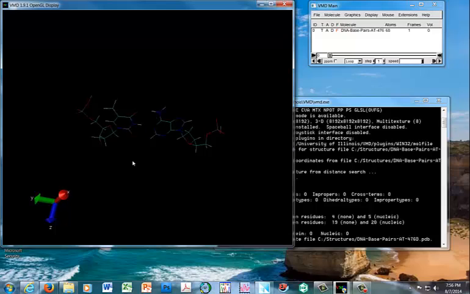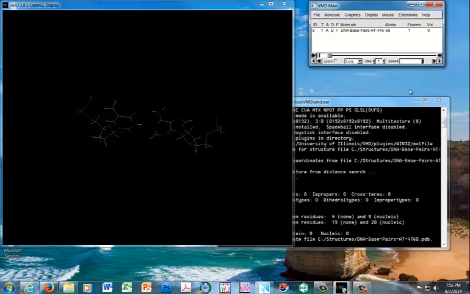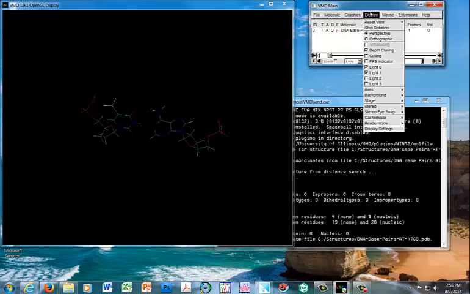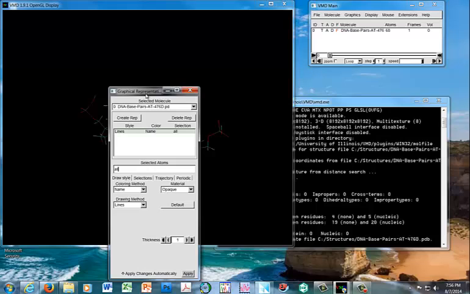I'm going to go through and just try to highlight a few different pointers here to help you work through it. One thing I'm going to do is get rid of this little axis that's down here in the bottom. You can get rid of that by going down under display and clicking off on the axis. Now that's gone. The other thing I'm going to do is go to the graphics representations,